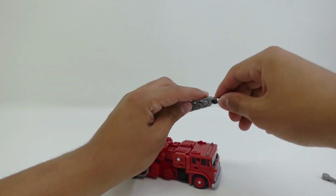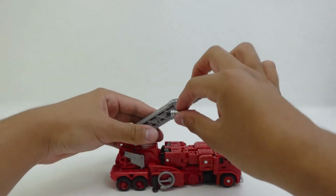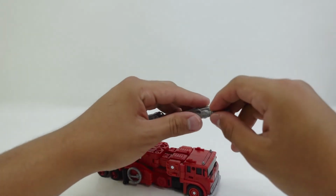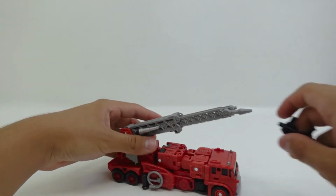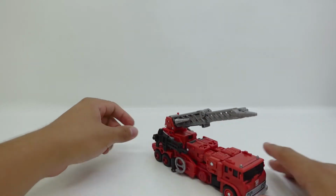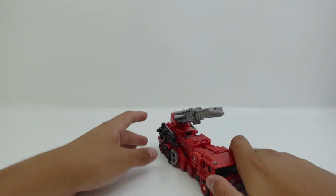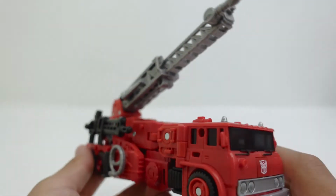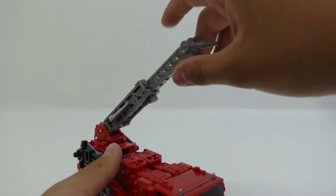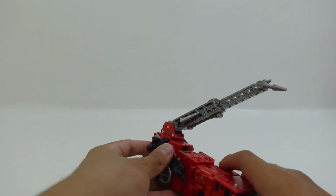Just attaching the accessories, just to show you. You could attach this accessory right here, and this one right here. And then his gun accessory you could attach on the sides like so. I personally don't attach it, but it's a thing you could do, and I think that this looks really well done. He looks really cool, and if I had that Grapple figure, I would really do a comparison right now,